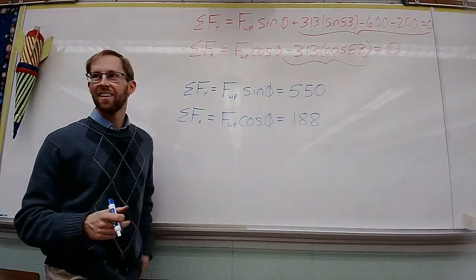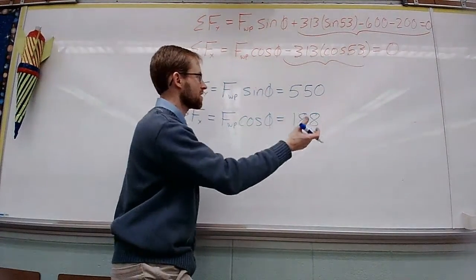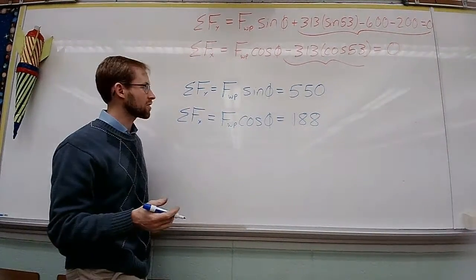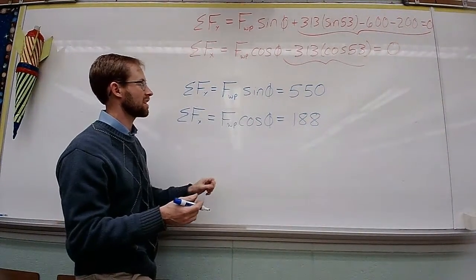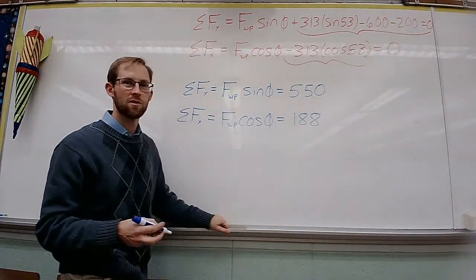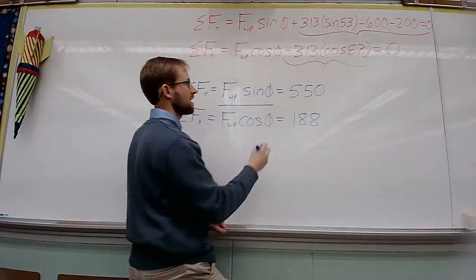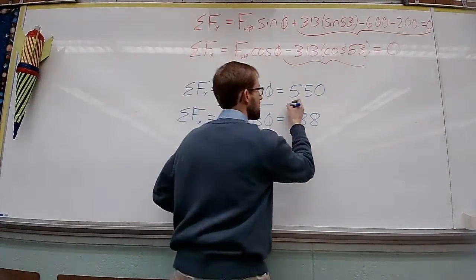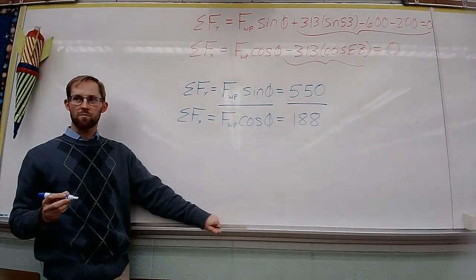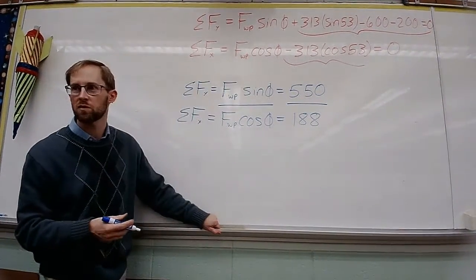So here's the thing. As long as we do the same thing to one side of the equation as the other, we're cool. So here's my proposal. Ultimately, I'd like to get rid of the sine and the cosine into one equation. And we can do that if we divide them. So as long as I'm consistent, we can do that. If I divide this side, it will be equal to the quotient of this side. Again, as long as you do the same thing mathematically to the left and the right, then you get the same proportion once it's finished.